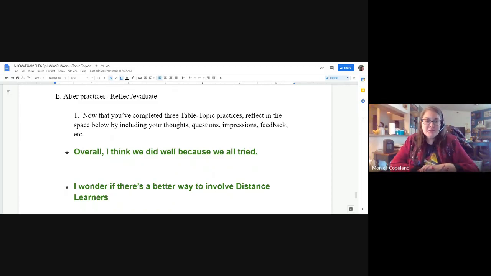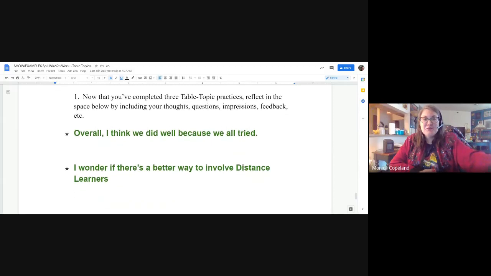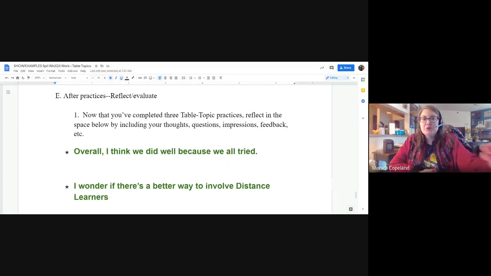All right, Falcon. So I'm going to end the part where I'm talking here with just a reminder that you have the rest of the time to finish this week 2 handout. You should be able to complete it and submit it today. And on the screen here, you can see some options for your reflection. So in this reflection piece, I'm looking at how did it go? So give me your thoughts, questions, and feedback.